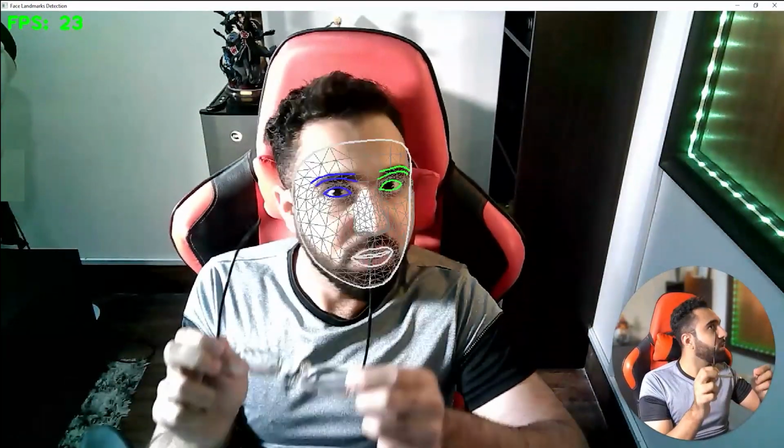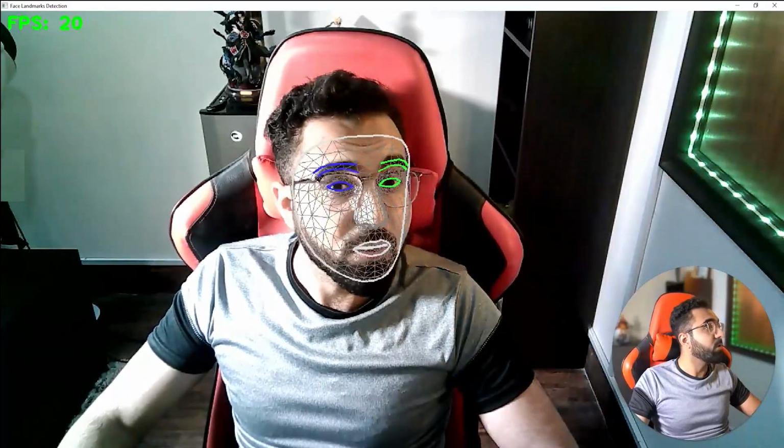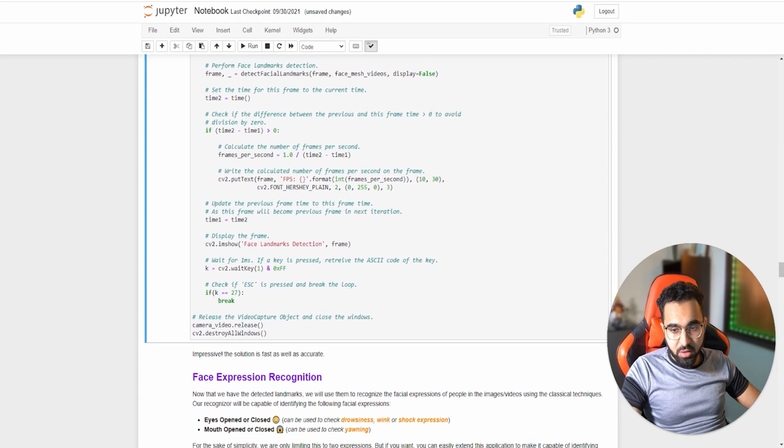As you can see, you can do a lot of things here. You can track individual parts of the face, and then you can analyze different parts, and you can trigger actions based on those parts. It works fine even if I'm wearing the glasses or not. So yeah, pretty cool and pretty neat. Let me just close this up. That was facial landmark detection in action.